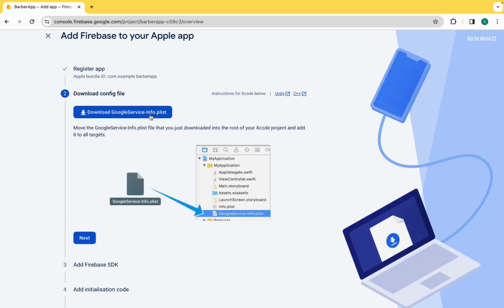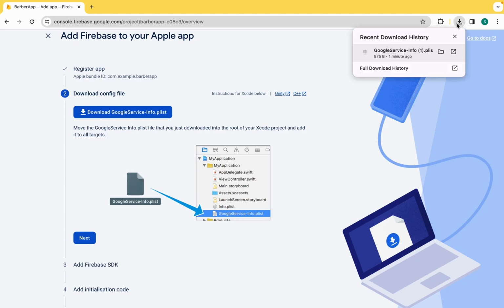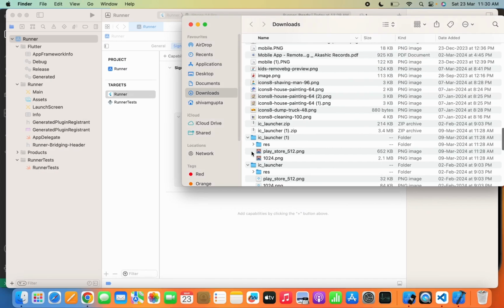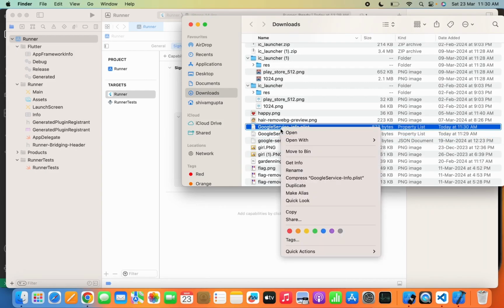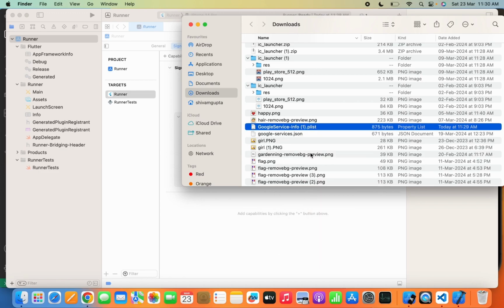Now download the GoogleService-Info.plist file. So let's see this file. Now let's move to the file. So here you can see the file. Now if you have any old GoogleService-Info.plist file in the folder, then please remove that file,